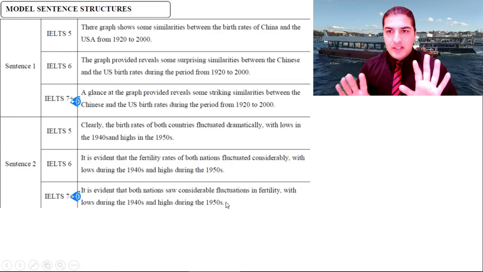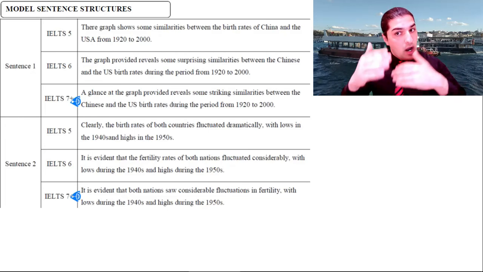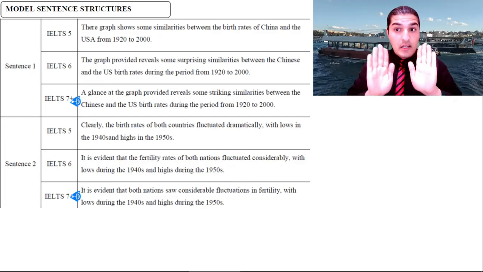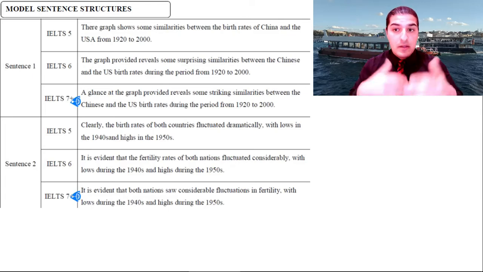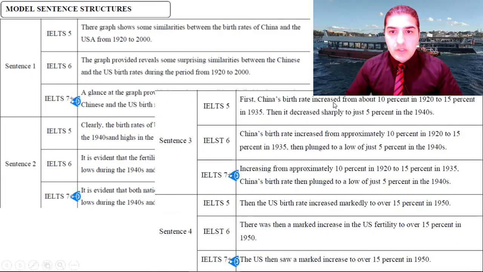So if the format is right, you can secure up to 6. But for a higher score, you need to stay loyal to the format, but come up with better wording. Okay? So in this one,